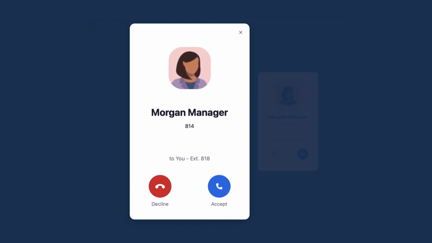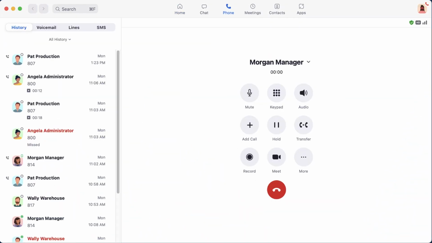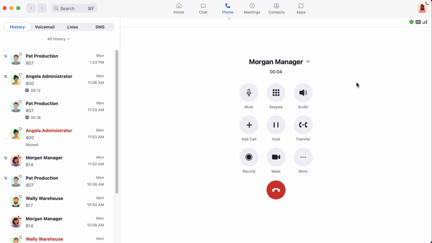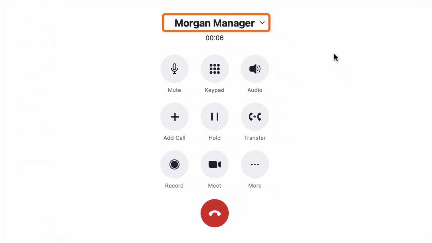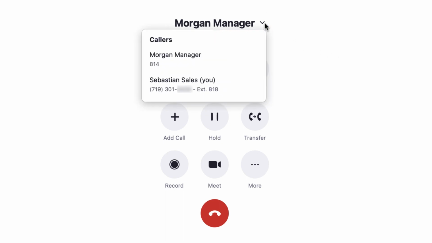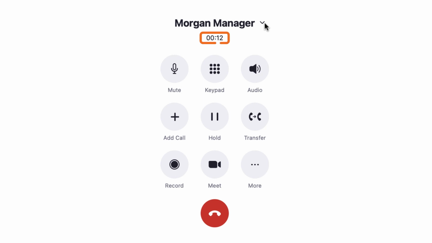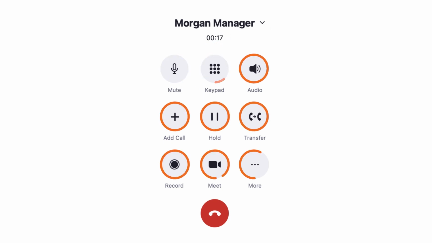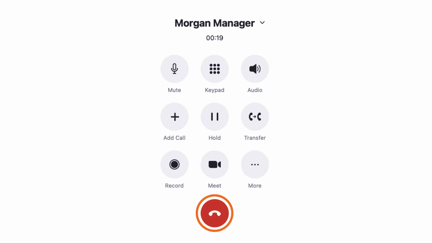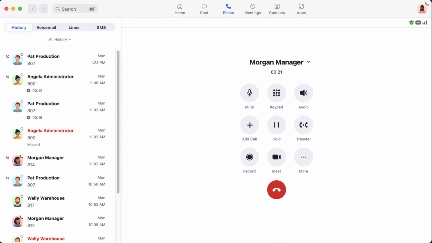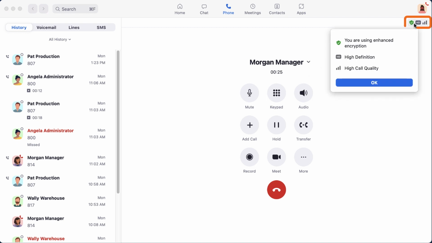I'll click on Accept, which closes the pop-up message and opens the Zoom desktop application right to Zoom Phone. Here, the caller ID information is shown, and you can click to see further details about the caller. Also shown is a running timer logging the duration of the current call, and rows of additional options followed by the red phone button to end the call when necessary. In the upper right corner, we can click to see if enhanced encryption is turned on and the current level